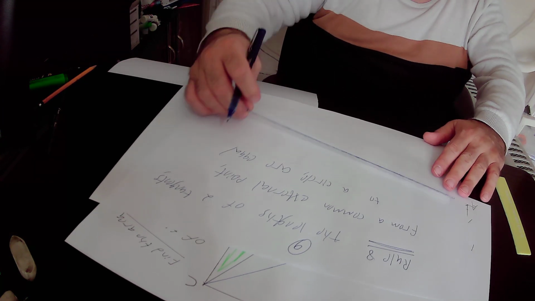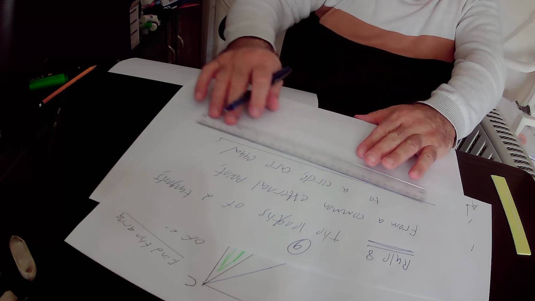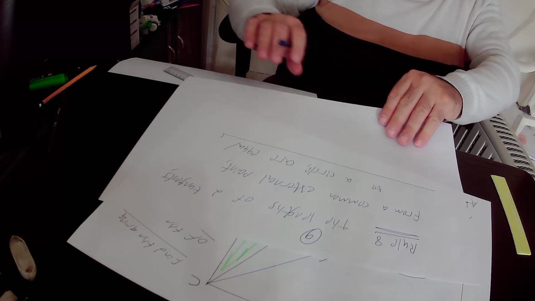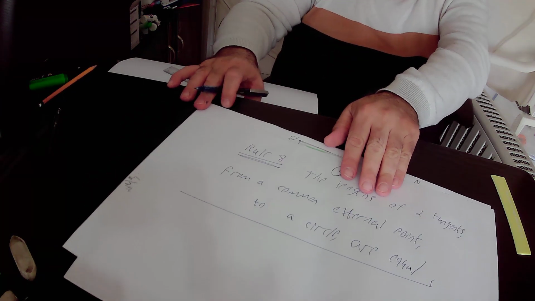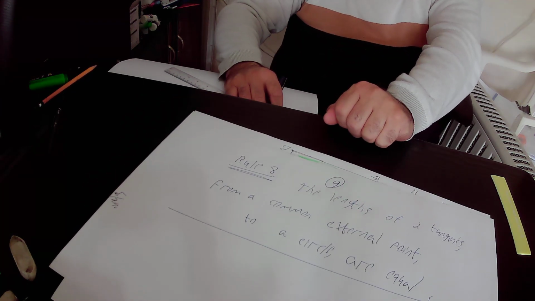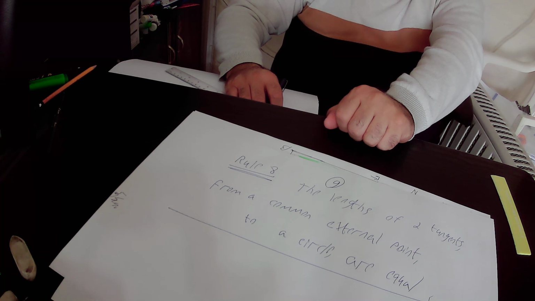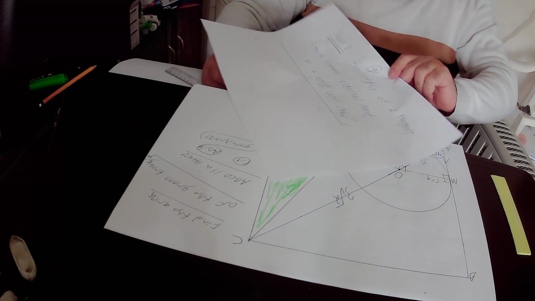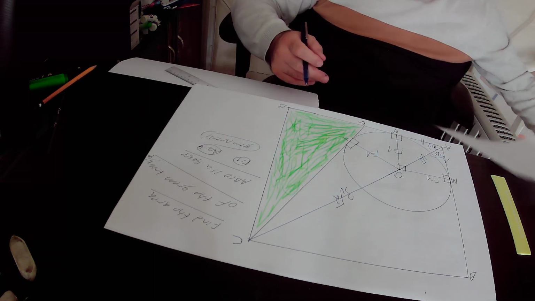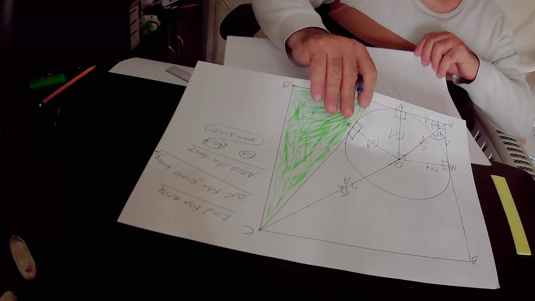So I'll repeat rule number 8 again. According to rule number 8, the lengths of 2 tangents from a common external point to a circle are equal. So what is the meaning of rule number 8? The meaning of rule number 8 is that if you have this circle